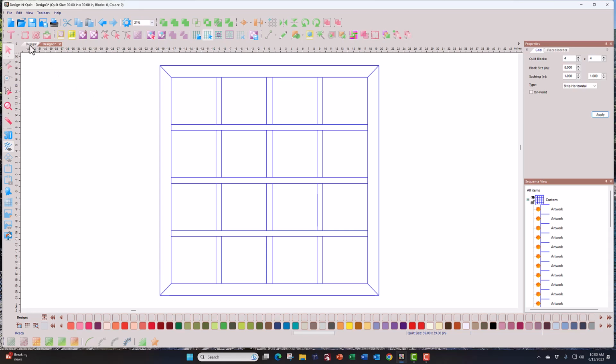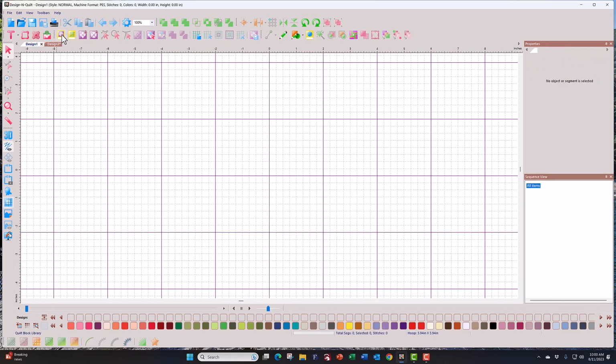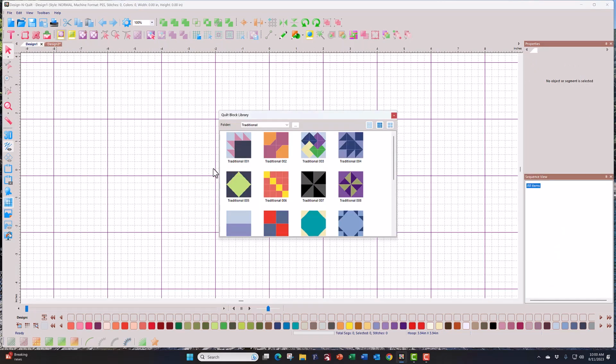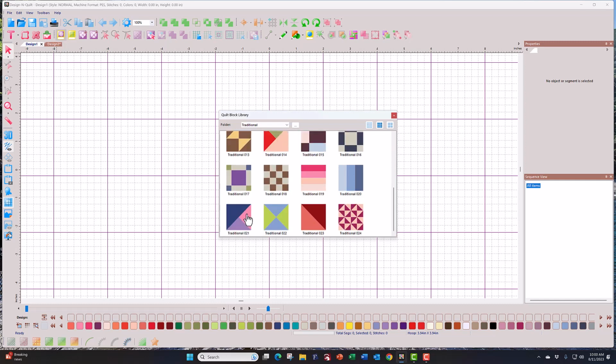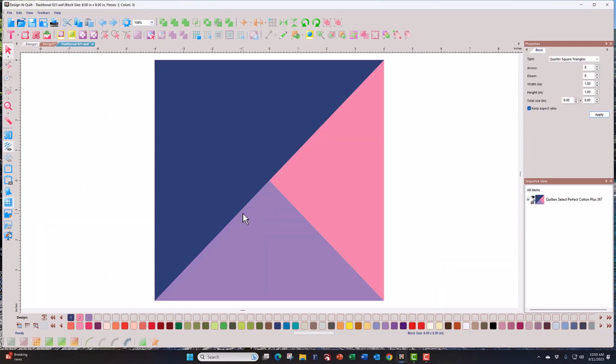I'll show you. So I'm going to go back to this, and I'm going to load that quilt block. Instead of into a quilt layout, I'm going to load it all by itself because I want to recolor it. Okay, so I've decided, being a guy, that I'm going to do shades of blue here. So I'm going to select this particular piece in the block by clicking on it, and then I'm going to